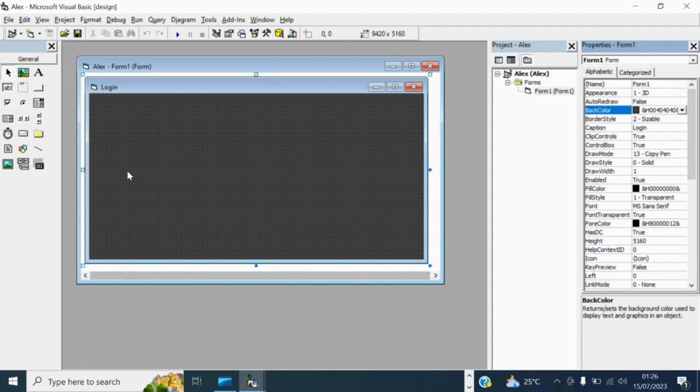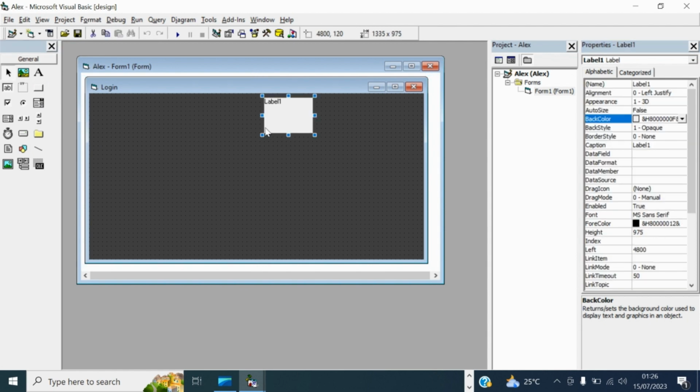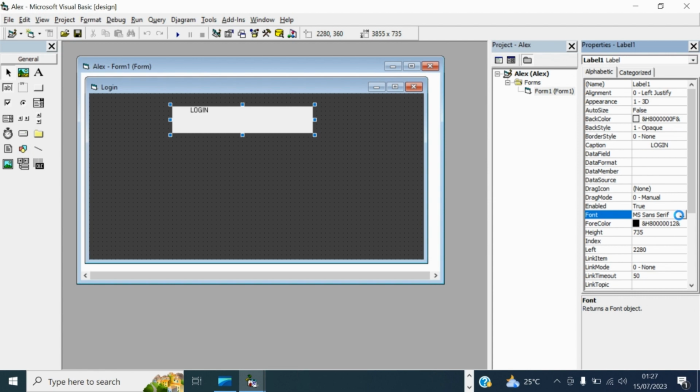And then here we are going to create a label. Click on label, and then the caption for the label is again login. So you need to fix it properly, then change the font,